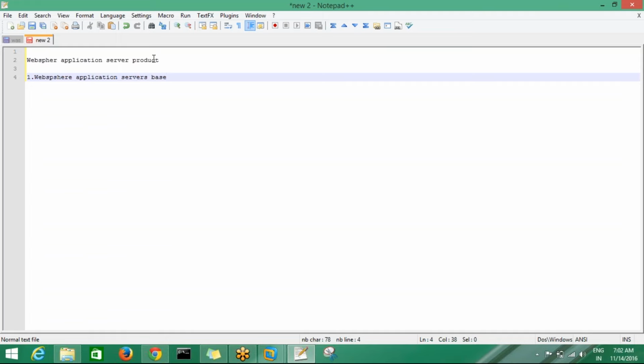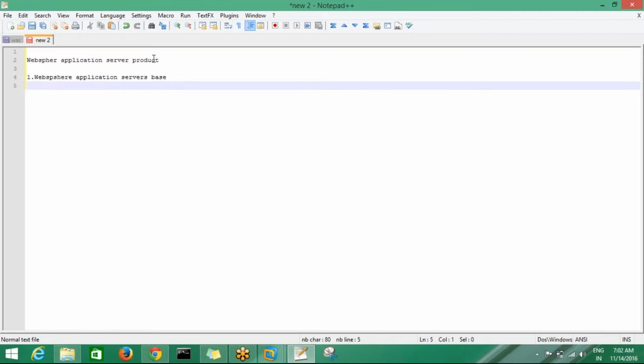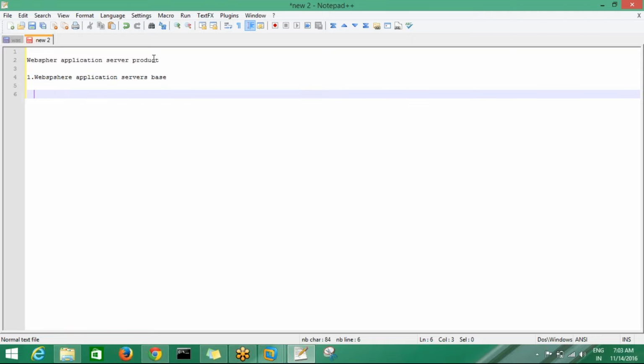In this base, the versions are 4 and 5. These two versions are released in the base package.